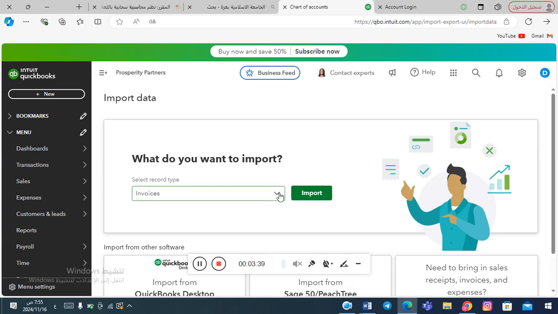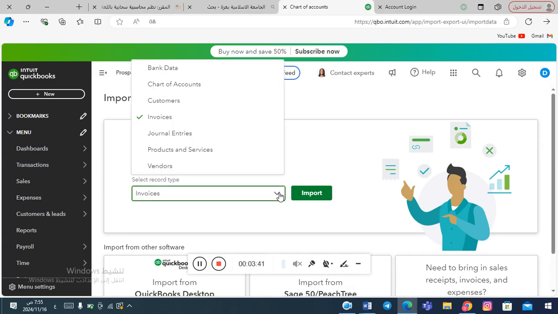When we click the list, we have different items here we can import to QuickBooks: bank data, chart of accounts, customers, invoices, journal entries, products and services, vendors. That means all those items we can import from outside QuickBooks, from an Excel file